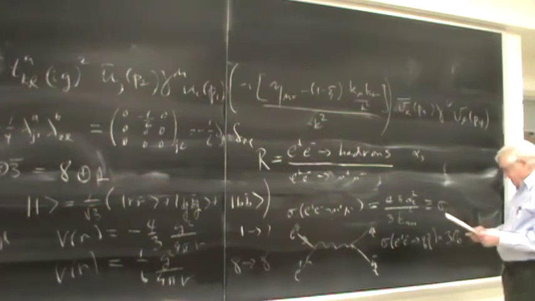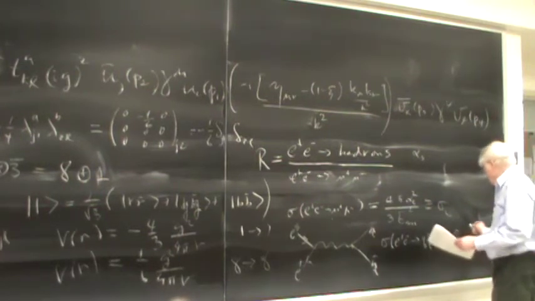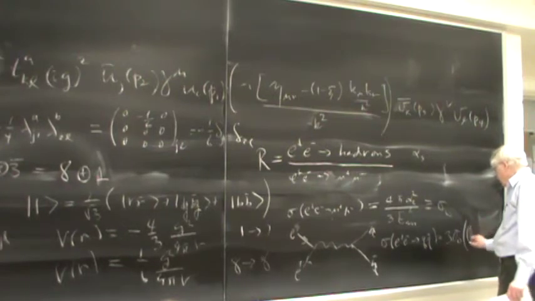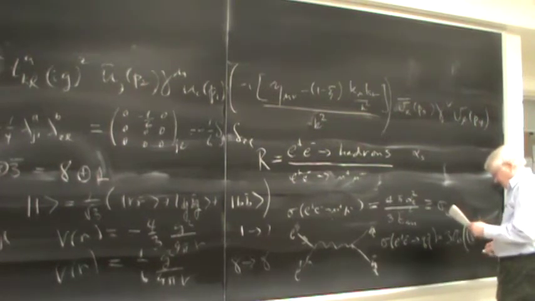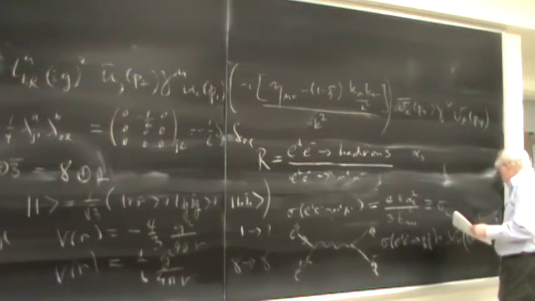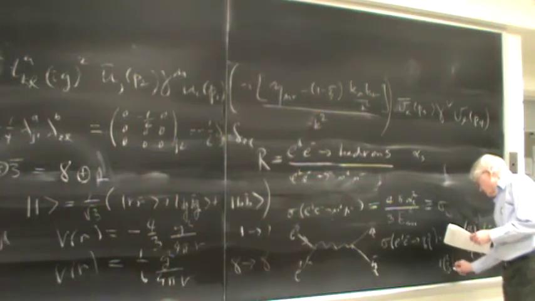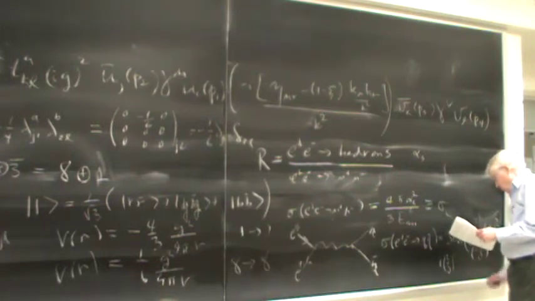And so what you would have would be to multiply that by 2/3 squared for the up quark, 1/3 squared for the down quark, 1/3 squared for the strange quark, plus 2/3 squared for the charm quark,